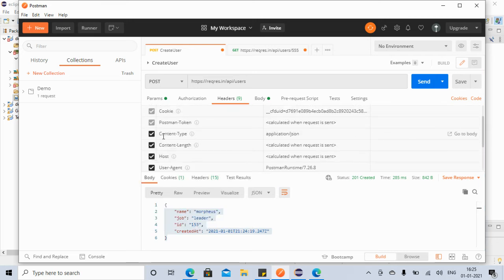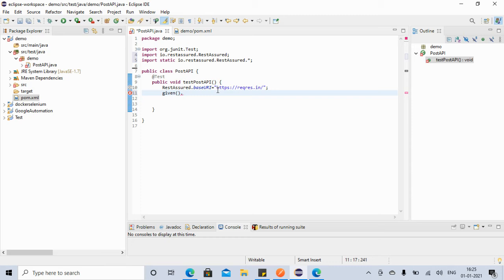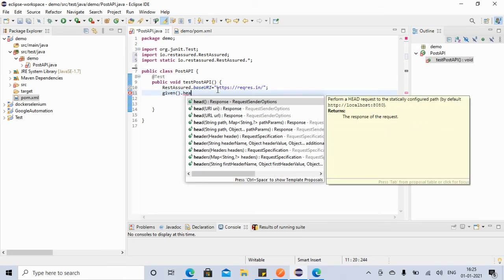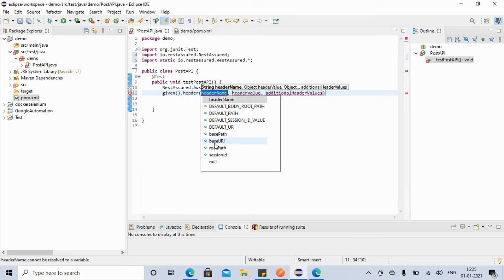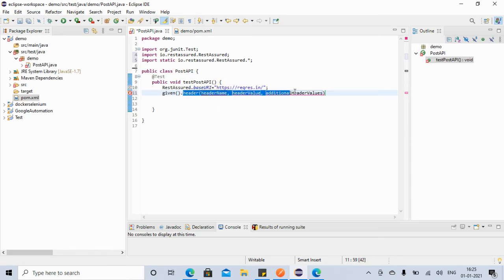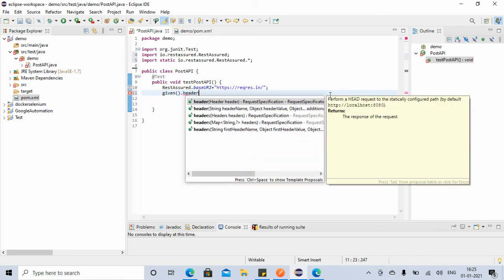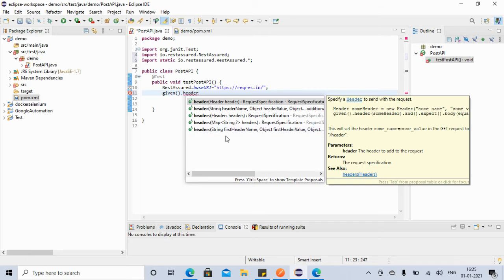So let's use this content type header. I want to provide this header here. Given dot header, not this header. Given dot header.